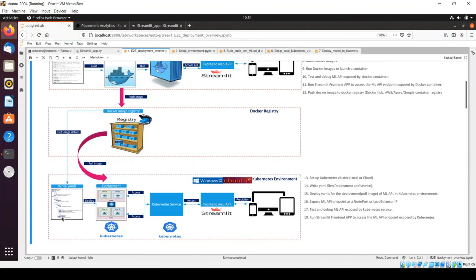So in this video we have seen how we can deploy a machine learning app within the Kubernetes environment, and we have seen the entire pipeline, how we can create a deployment script for the deployment of your machine learning app, and then how we can access the app with the help of a Kubernetes service. We have used different approaches for accessing the machine learning API. It can be accessed either with the help of a Streamlit app, or with the help of Swagger UI, or we can also use a Python package for invoking the machine learning API.